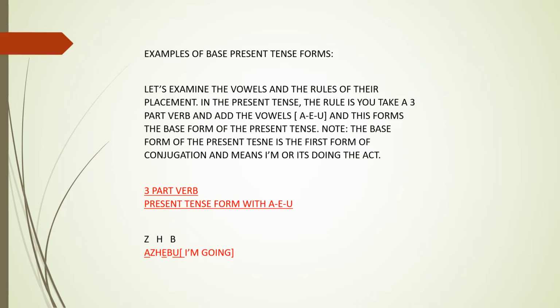The one in black is the three-part verb when there are no vowels, right? So in Nuwabic, we pronounce those three letters Z, he, B. Now below, I have the vowels underlined,